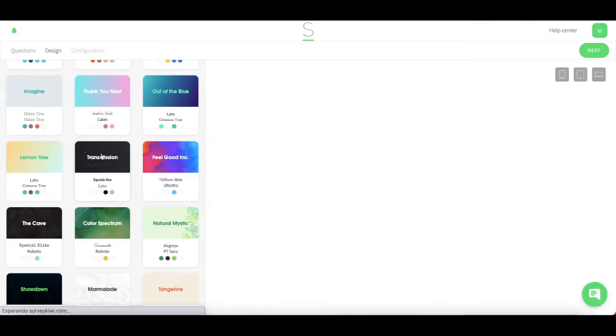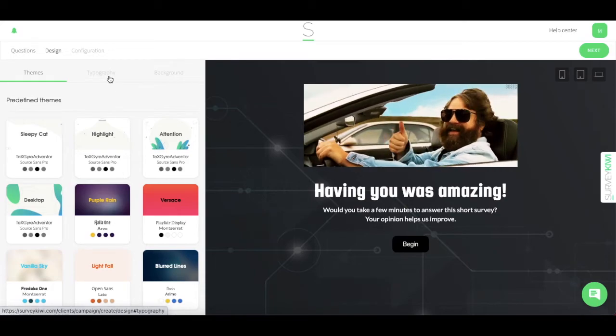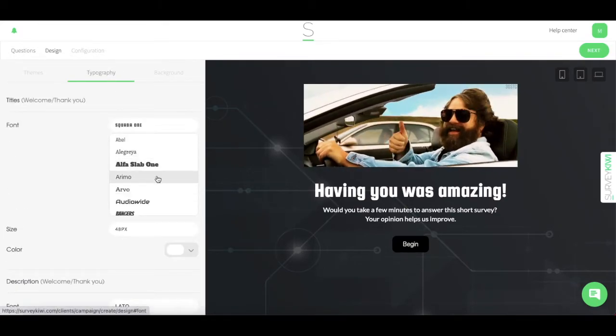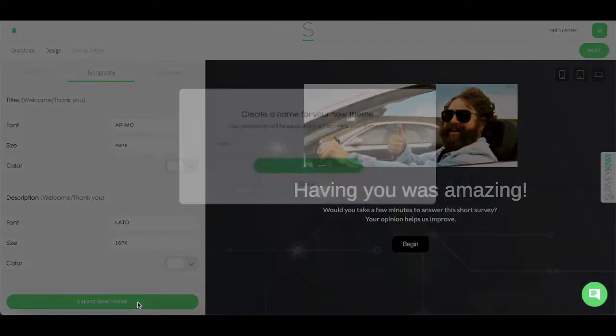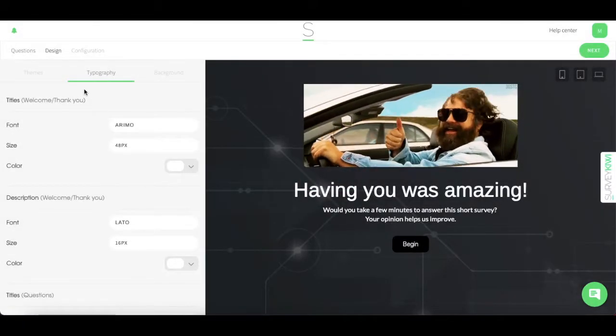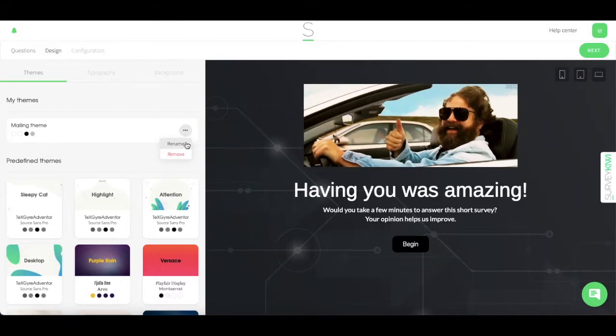You can also create and save your own themes to use in future campaigns. You can do this by modifying whatever you want on the next steps. Once you do change something, the following button will appear: Create New Theme. By clicking on it, a pop-up will appear and you will be able to assign a name to your new theme. Once you assign a name and save the theme, it will appear saved in the top part of the theme section, which you will be able to select in future campaigns and also rename or delete.